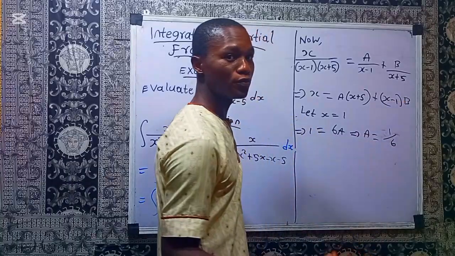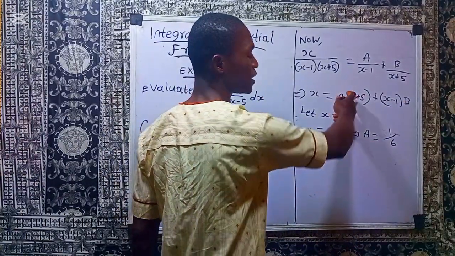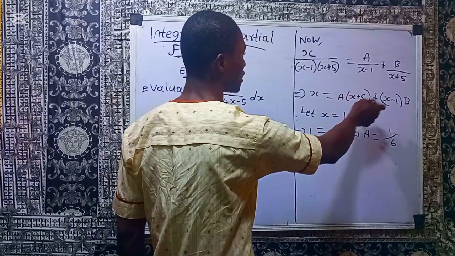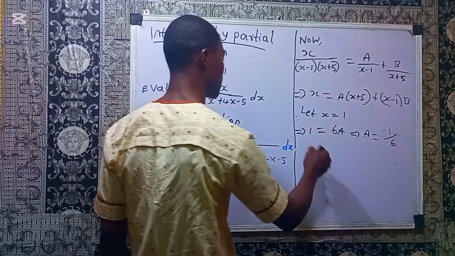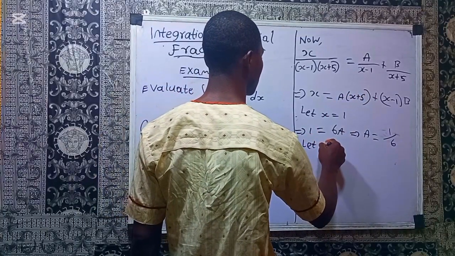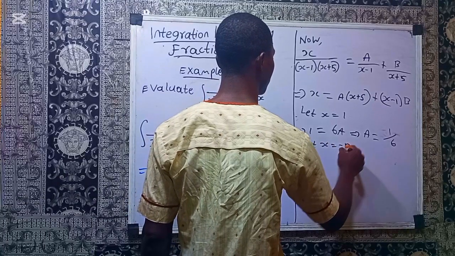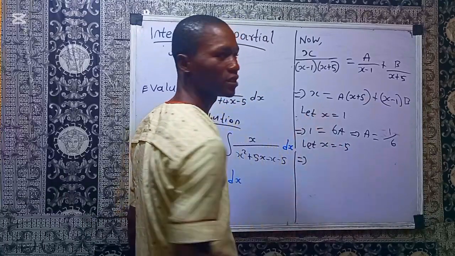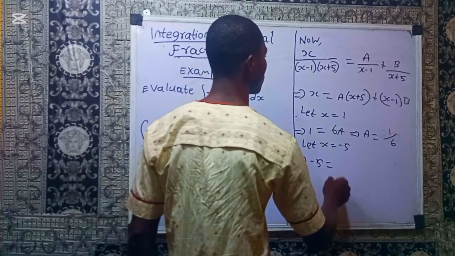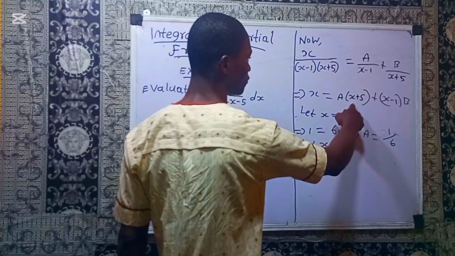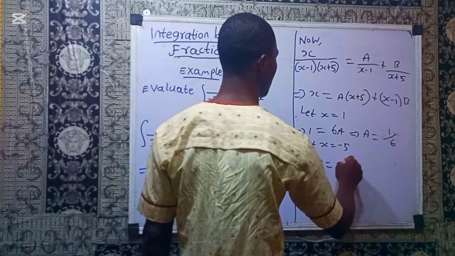If you want to get your b, you try to eliminate a so that you can get b. So how do I eliminate a? If x becomes negative 5, I will eliminate a. So I will say let x equal negative 5. So anywhere you see x, you put negative 5. Put negative 5 here, you have negative 5 equals, put negative 5 here, a will go 0. Then you now have 0 plus,